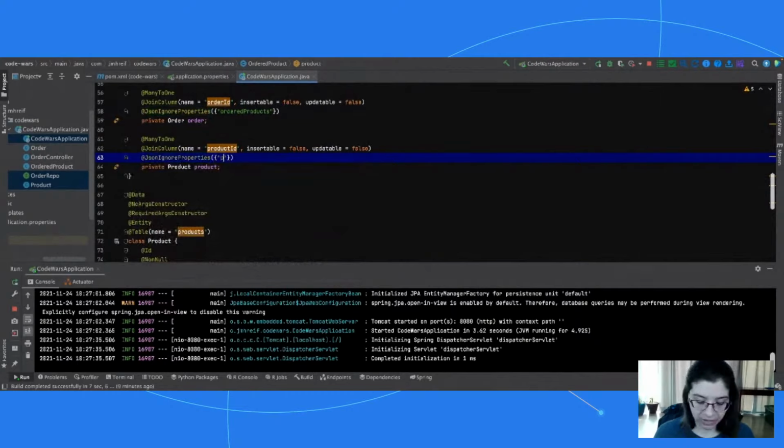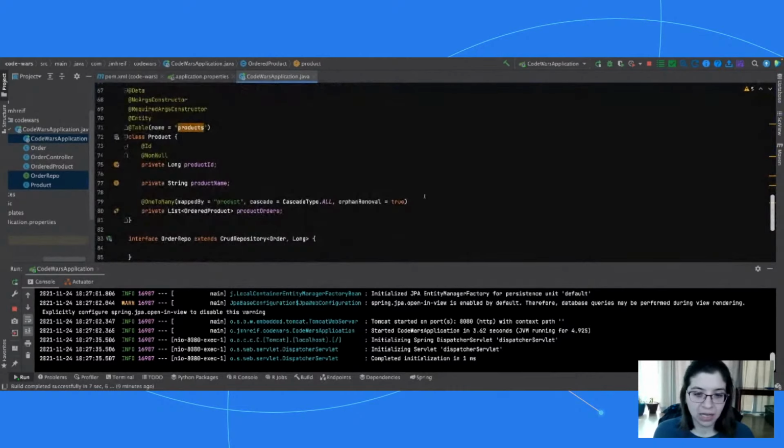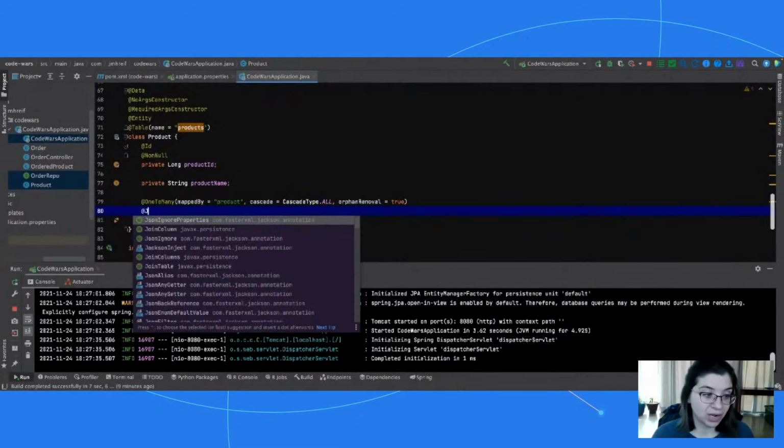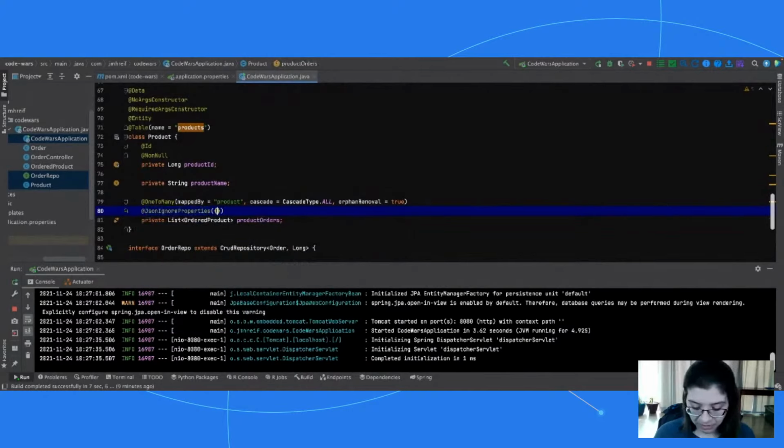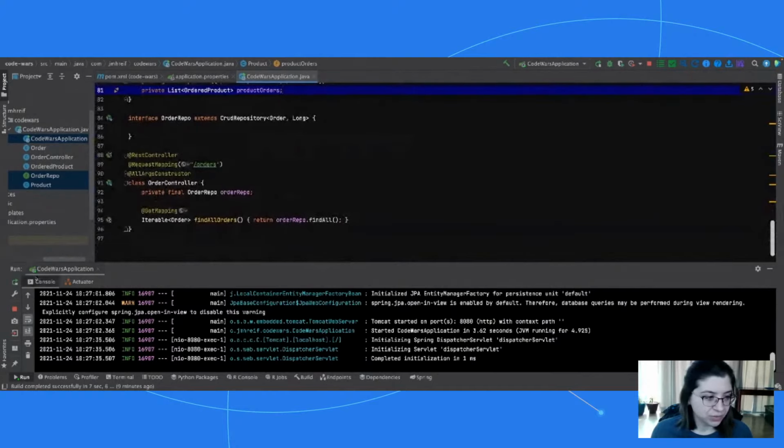And then this one we called product orders on the product side here. And then I need to tell it, hey, when you go across to that middle table, the ordered products table, I want you to ignore product because we're coming from product here. Then I also want to ignore order ID and product ID, just like I did on the other side. So that way you're not getting duplicate information there. Okay. So that's in good shape.